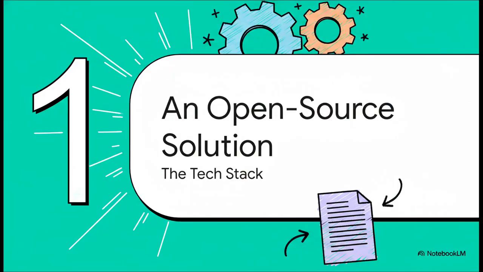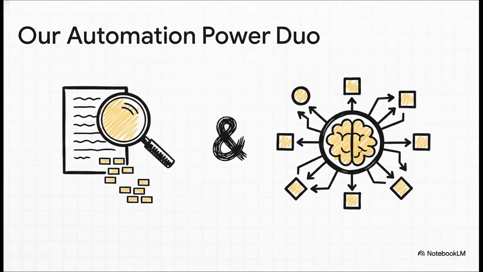Okay, so how do we actually make this magic happen? To pull this off, we're going to combine two incredibly powerful open-source tools that are basically a match made in heaven. Meet our automation power duo. First up, you've got Unstruct. This is going to be our data extraction engine. It's the smart part that actually reads and understands the documents. And then we have n8n. Think of it as the automation hub, or the brains of the operation, that connects all the different steps together